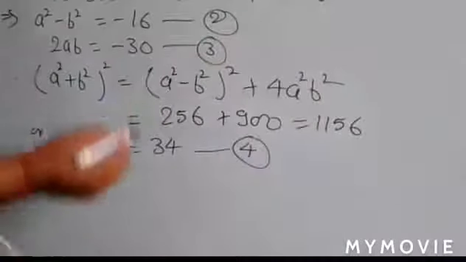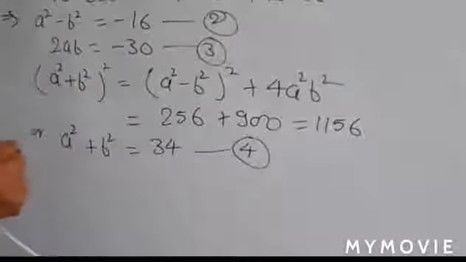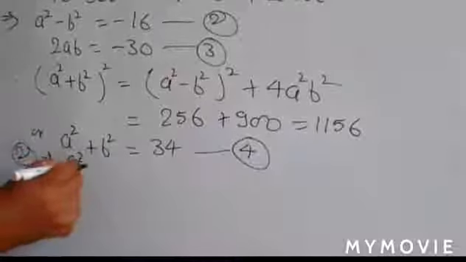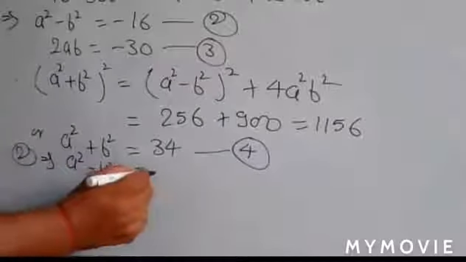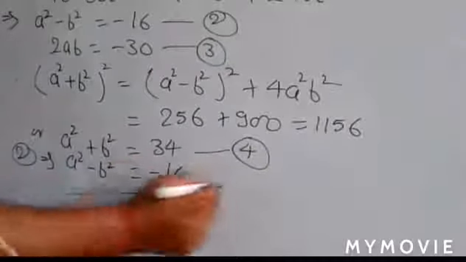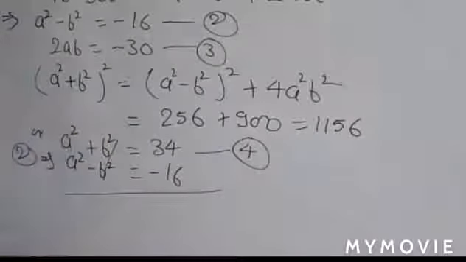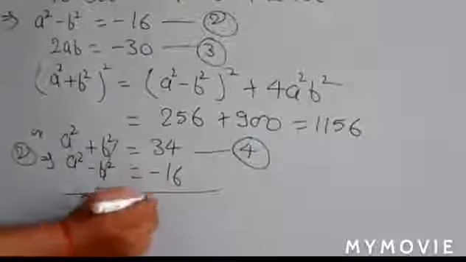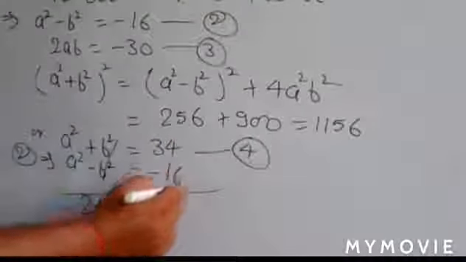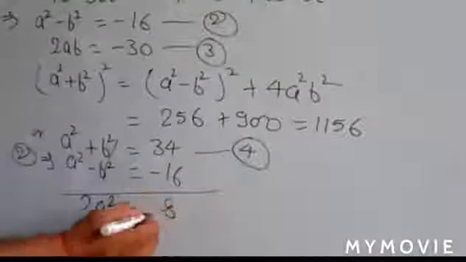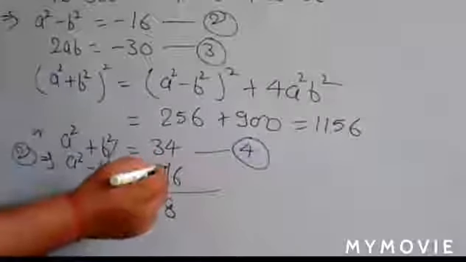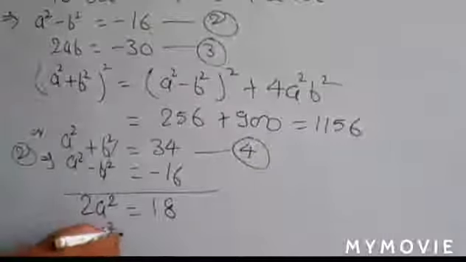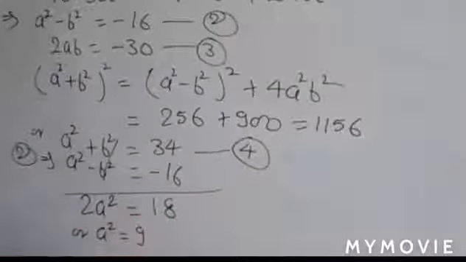Now adding second and fourth. You write here the second equation, a square minus b square is equal to minus 16, and add it. So b square cancels out, and you have 2a square is equal to 34 minus 16, which is 18. So a square is equal to 9. So the value